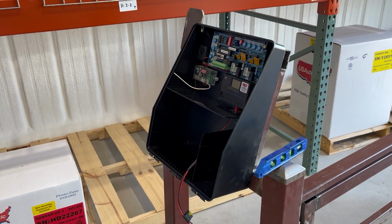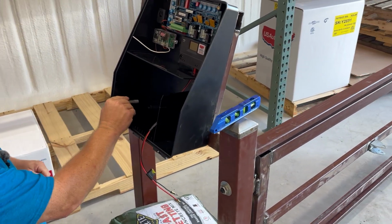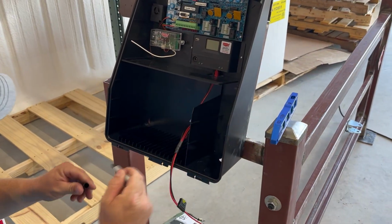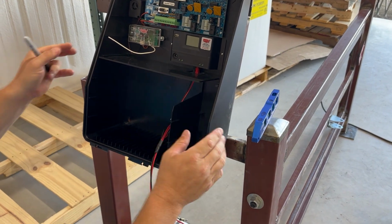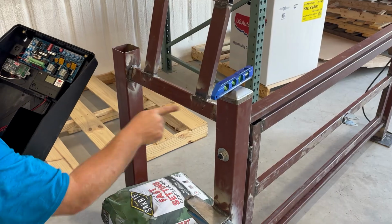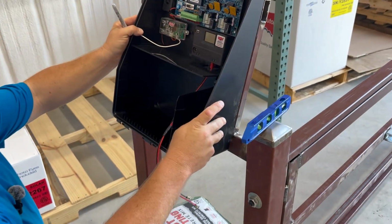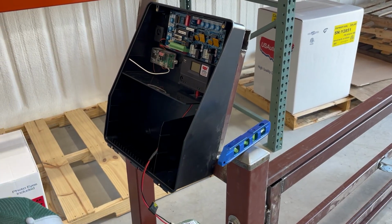Now you can come down here to your bottom. And what I would do on the bottom is same thing. Come in here and make your dots. I would lift and remove the box, and then I would drill my holes. As you can see, I've started my self-tappers down here as well. So all I've got to do now is put the box in,